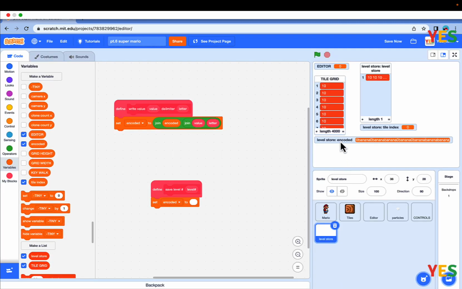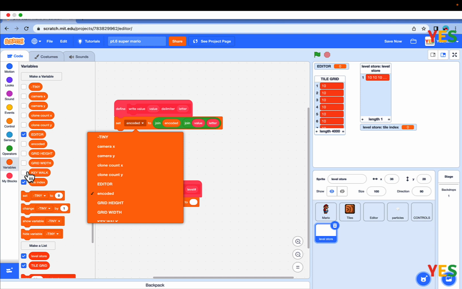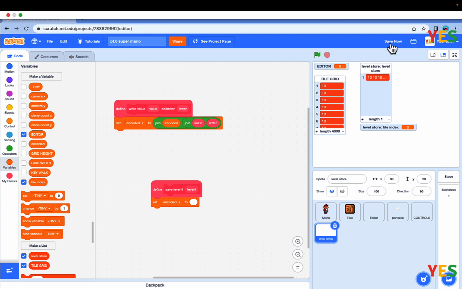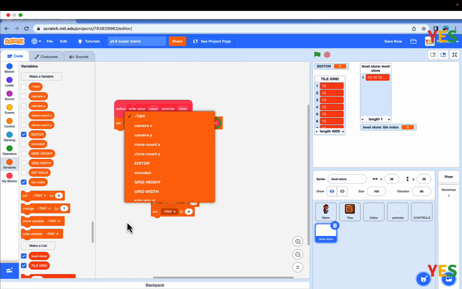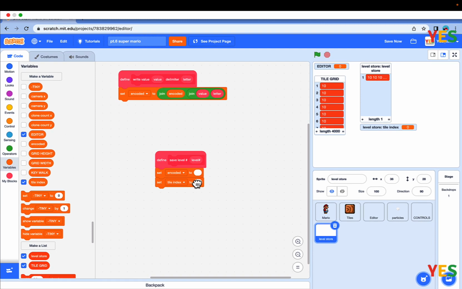Like that. And then we just simply set tile index to 1